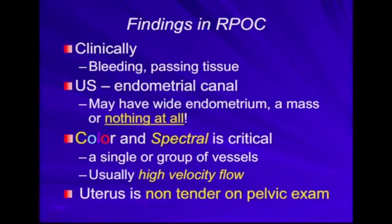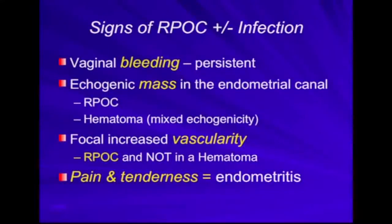Not everybody does this, but I think it's very, very important. In cases with endometritis, pain and a tender uterus is very, very important. So if you have retained products and you also have some infection that can happen, you have vaginal bleeding that